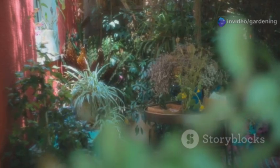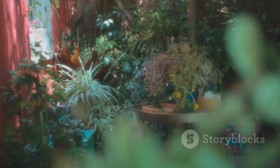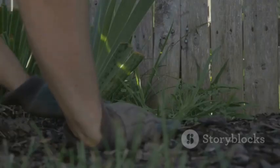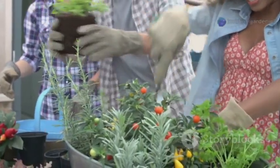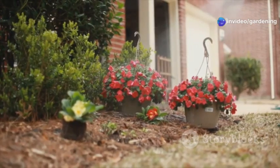Today, we're diving into 10 amazing plants that not only beautify your garden, but also help keep those pesky weeds at bay. These plants are like the helpful neighbors you never knew you needed, working tirelessly to keep your garden